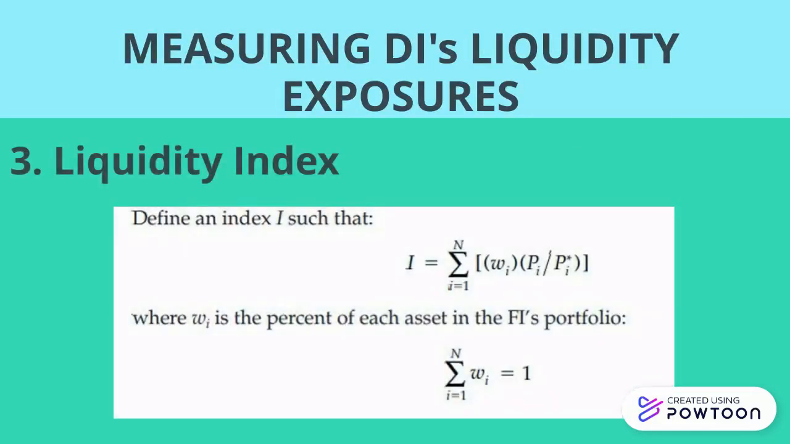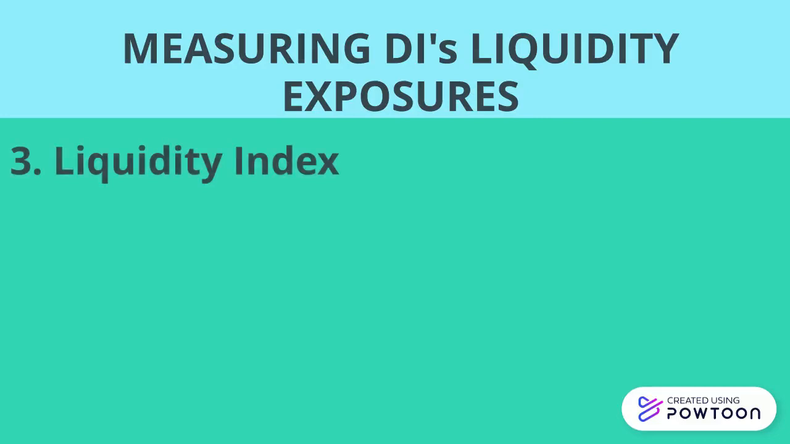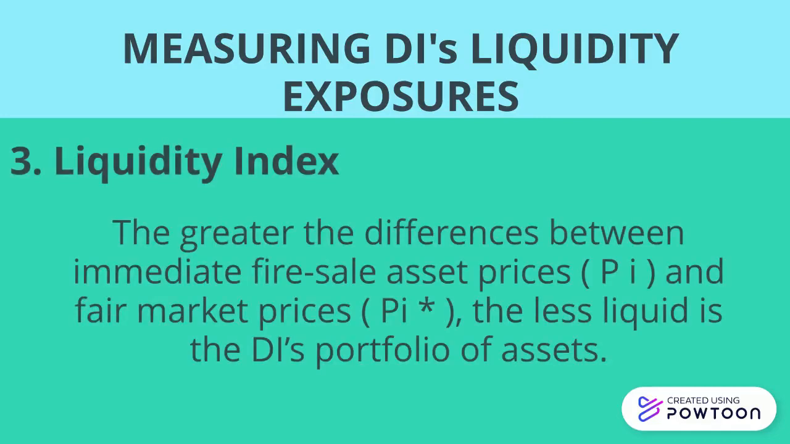A third way to measure liquidity risk is to use a liquidity index. This index measures the potential losses an FI could suffer from a sudden or fire sale disposal of assets compared with the amount it would receive at a fair market value established under normal market sale conditions. The greater the differences between immediate fire sale asset prices and fair market prices, the less liquid is the DI's